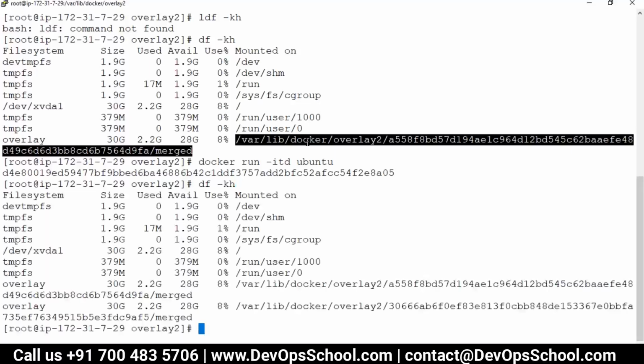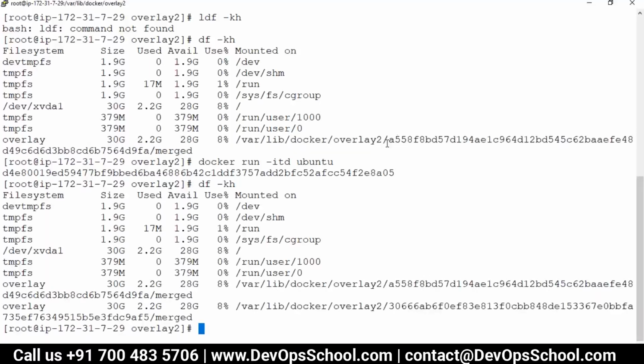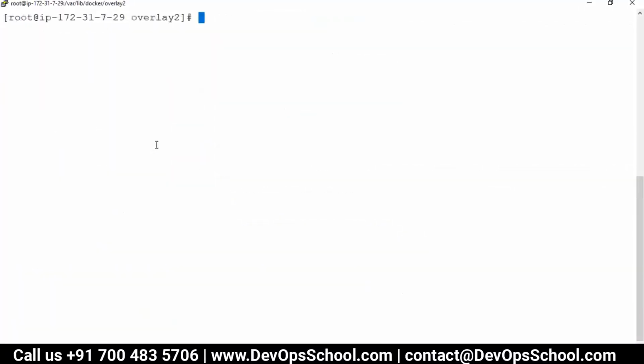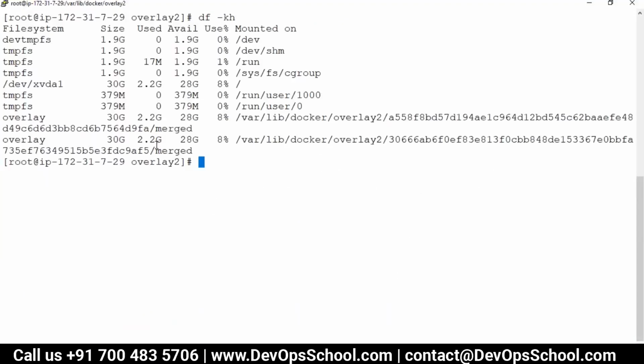What is that path here? Overlay2. Can you just do pwd here? What is the current path of that merged layer? That's what I was showing. It's in the Docker overlay2 directory, where these file systems are created.